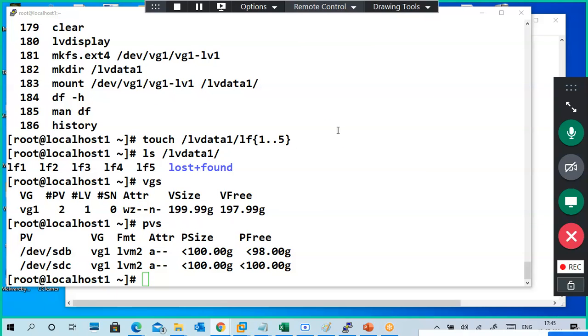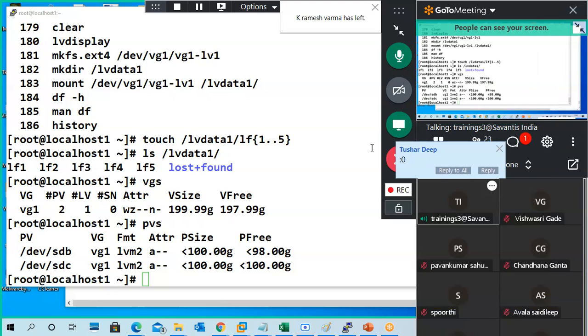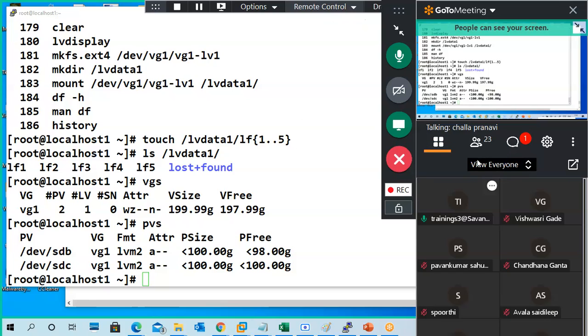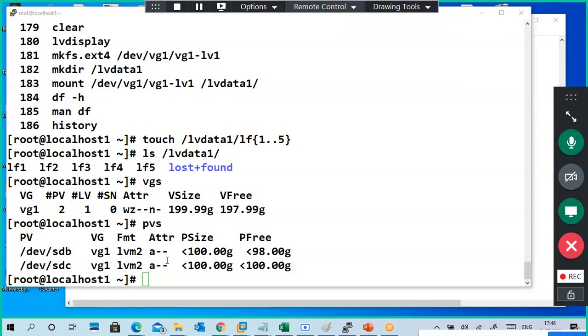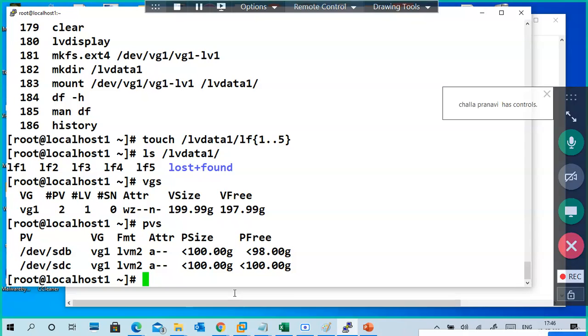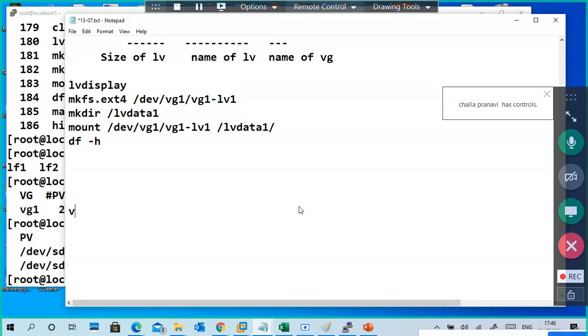Then we'll go to Pranavi. Try to control my PC. Just type something on my terminal, at least echo hi. Now it's fine. Type something on my screen. Yes, very good. Now you are able to type.